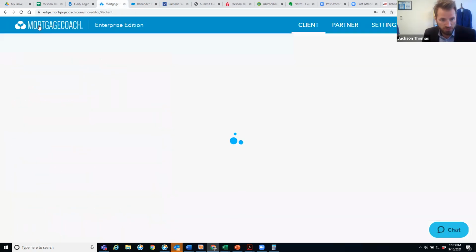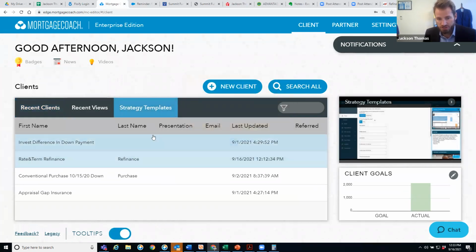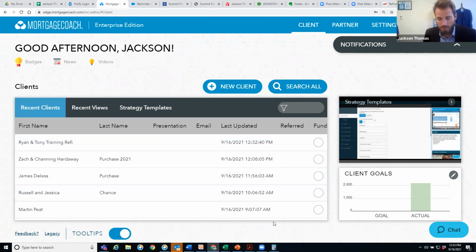And so if you come back here, if you're setting up a refinance, you go to strategy templates, rate and term refinancing, you copy it over. Okay, that last option, I guess you would only need to set it up if they ask about it, but a lot of times, I mean. Well, what if they tell you, because I always ask like, hey, what's